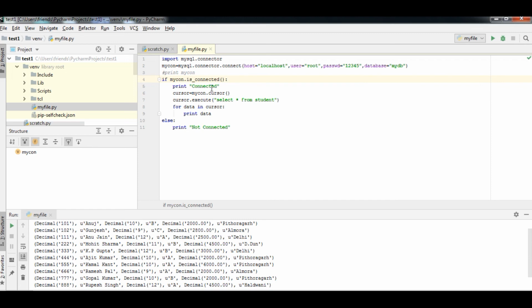If it is connected, we create a cursor object by myConnection.cursor, and then we can execute. Inside the execute function, we pass the argument as a string, an SQL command, that is select star from student, and then the data will be stored in the cursor, and we can access all the data from the cursor through the for loop, and we can get the list like this.